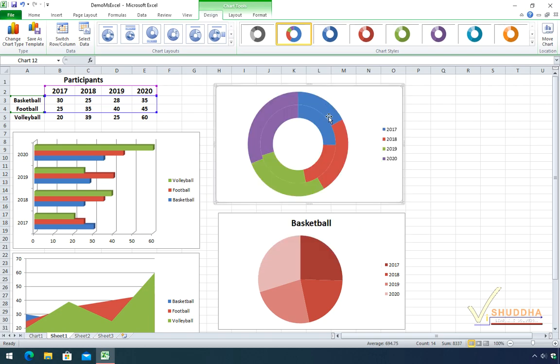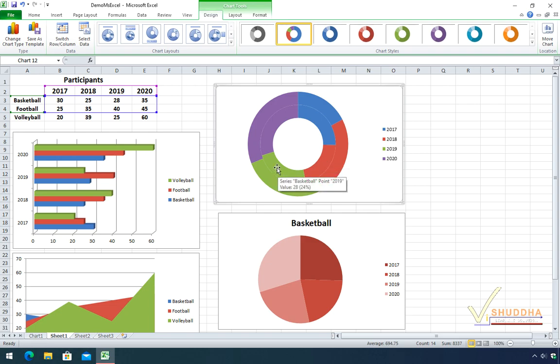As you can see, we have two rings here. The inner one is for basketball, the outer one is for football, and the different colors represent the participations in different years. So as you can see here, blue color is for 2017. For basketball in 2017 it was 25%, then in 2018 it was 21% and the value was 25.